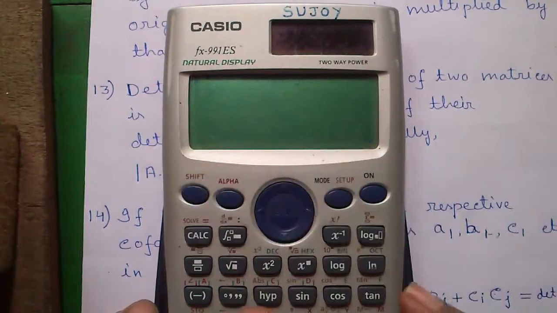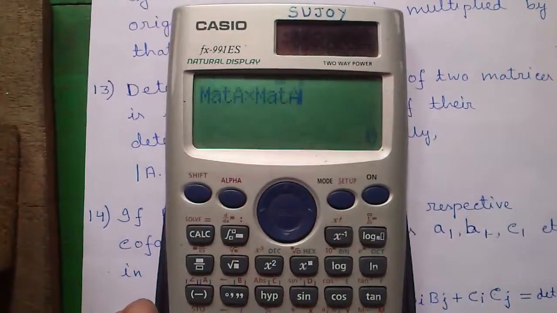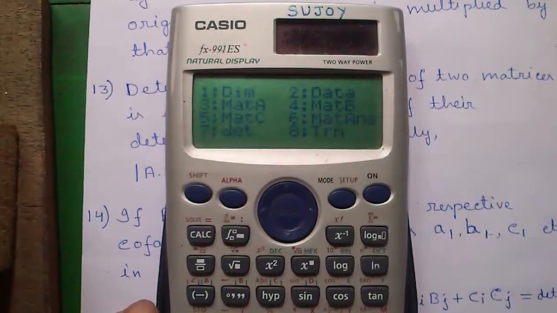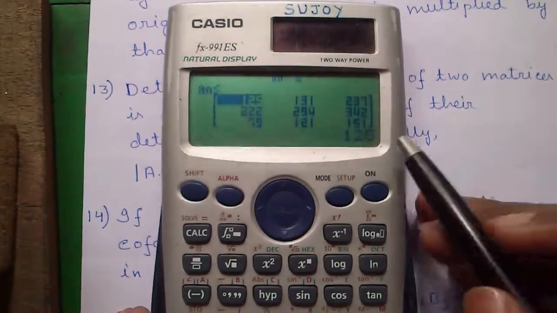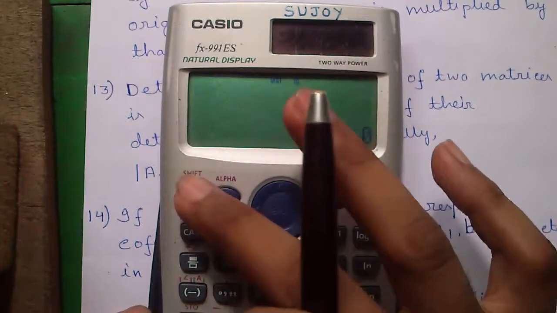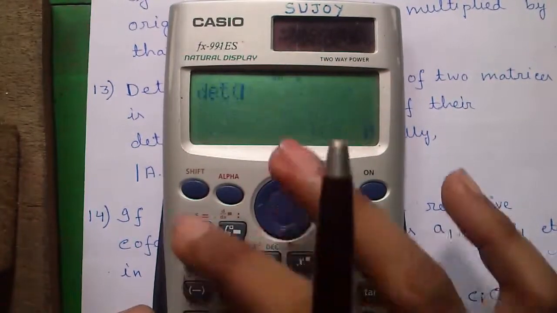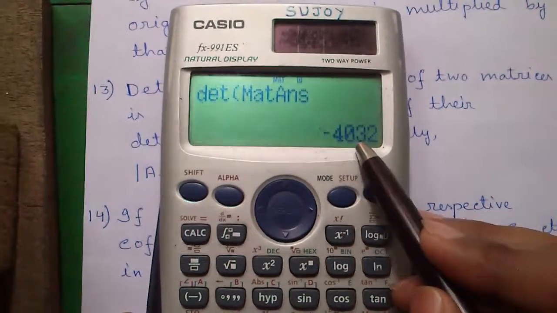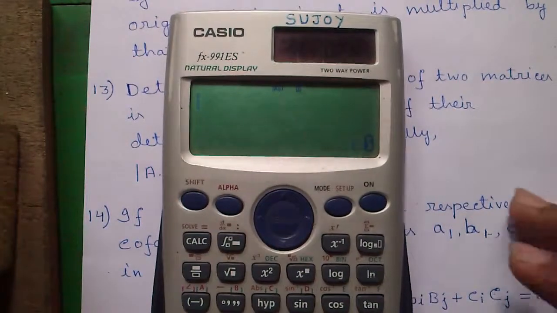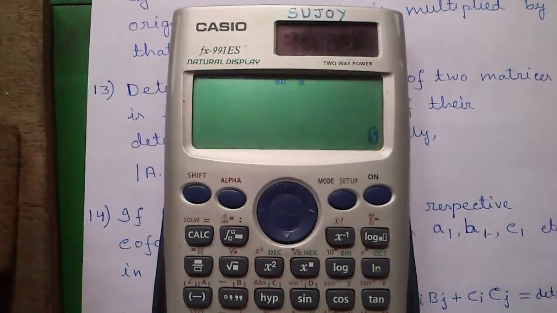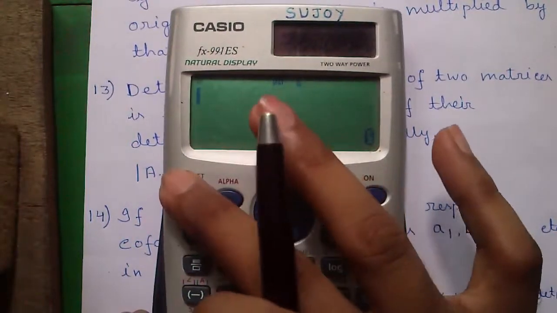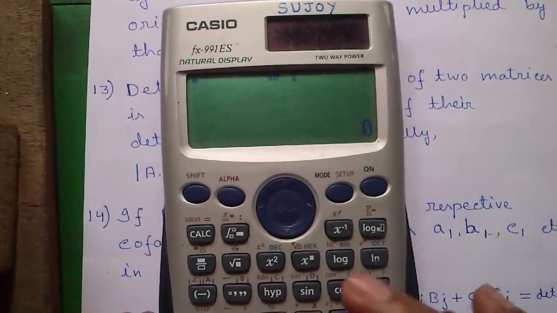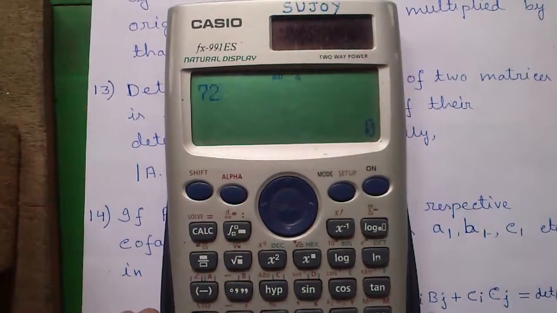So if we multiply matrix A into matrix B and then find the determinant of that, that is minus 432, and then multiply their individual determinants, that will be 72